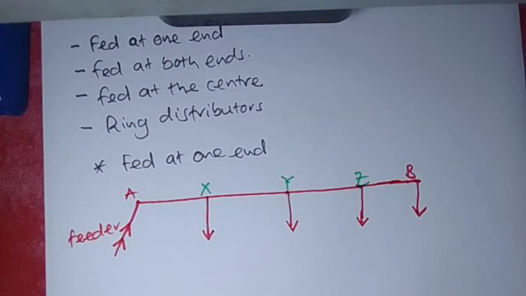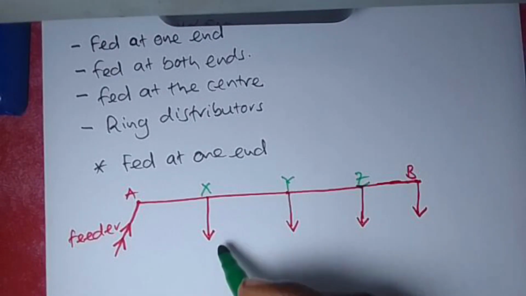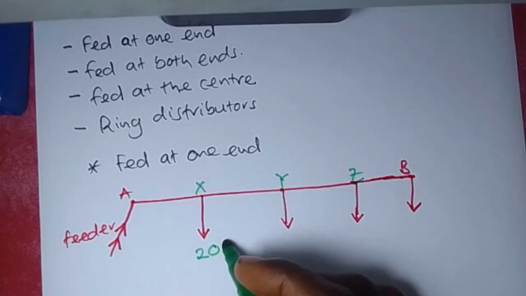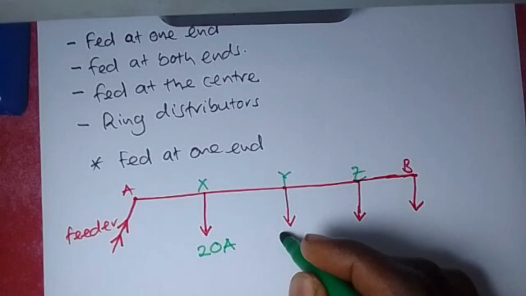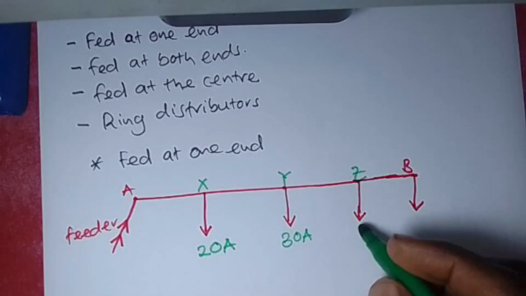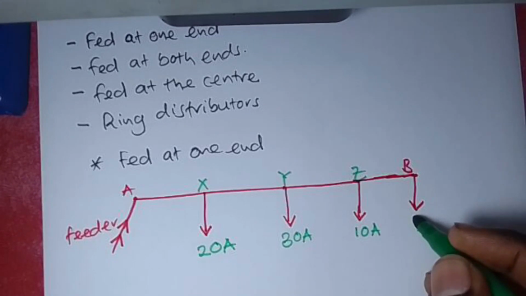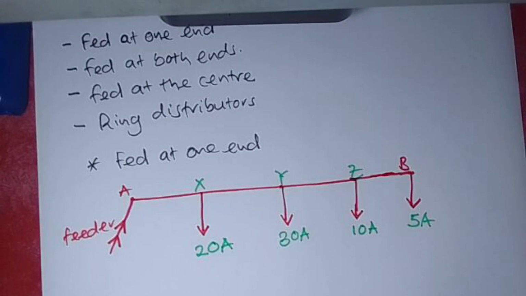And remember we said that we are going to represent our loads in terms of current. So let's give them random values. Maybe my load here is drawing a current of 20 amperes. Then at this point my load is drawing a current of maybe 30 amperes. This is drawing 10 amps, and this is maybe drawing 5 amperes. Okay, so if I have loads such as that,